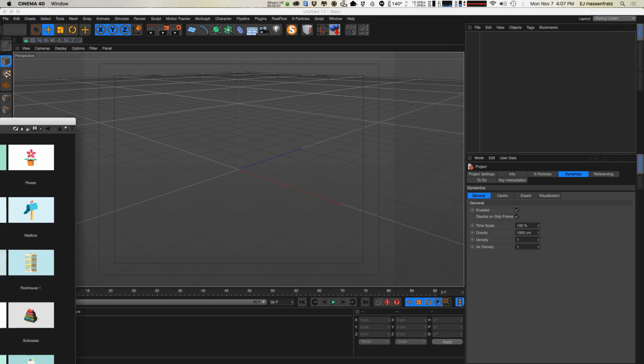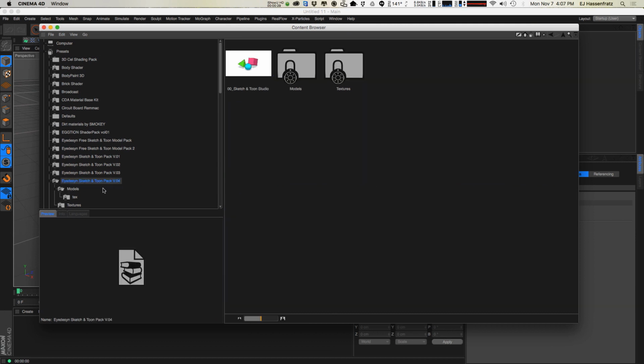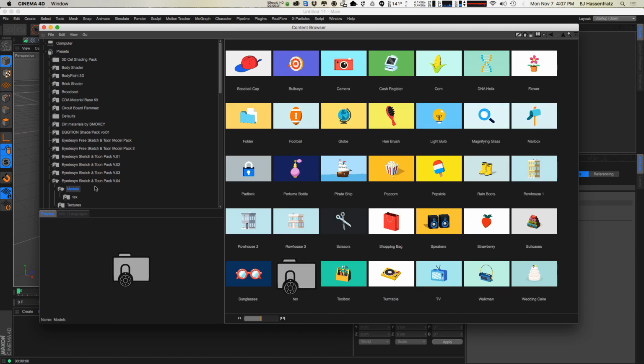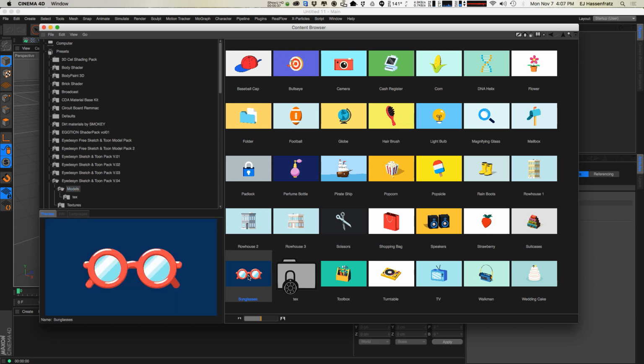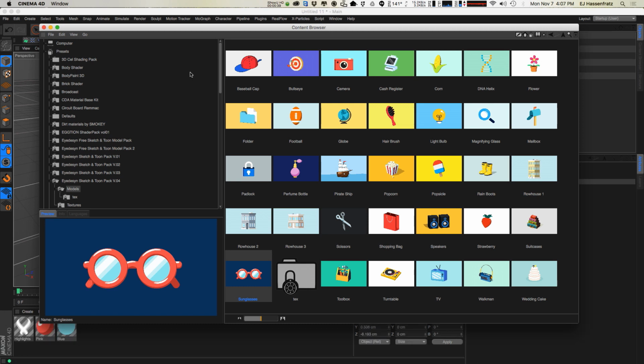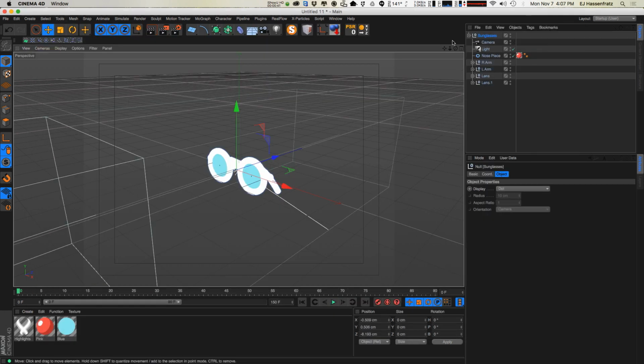I'm going to go into my content browser. I'm going to grab from my newest Sketch and Toon pack version 4 that just came out. I'm just going to grab those sunglasses, so I'll just double click and I'll close this down and just look